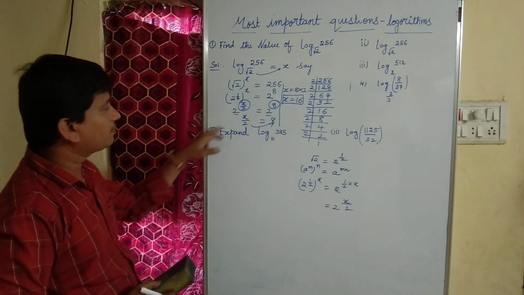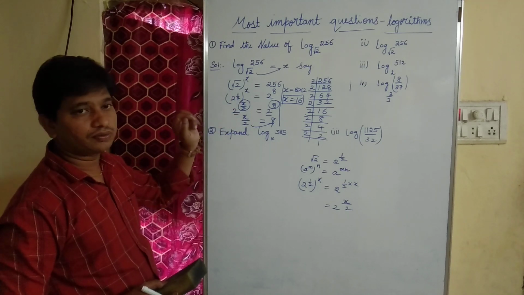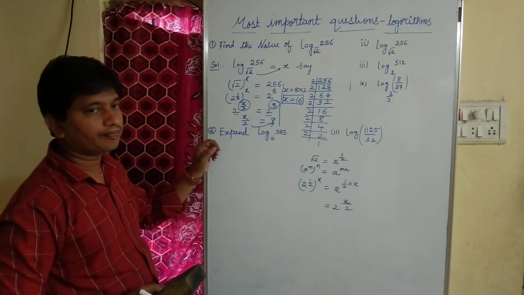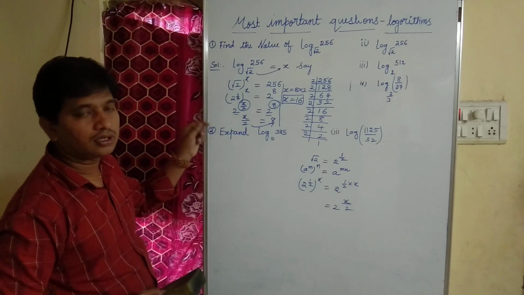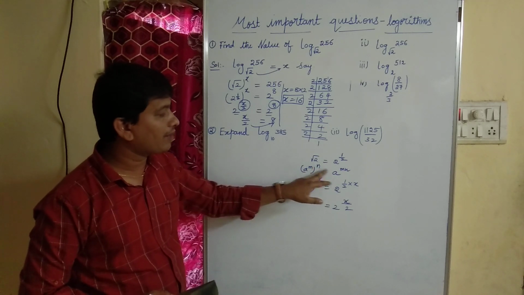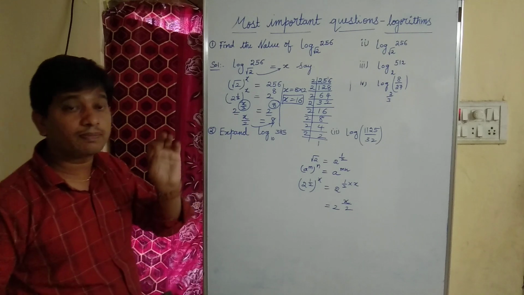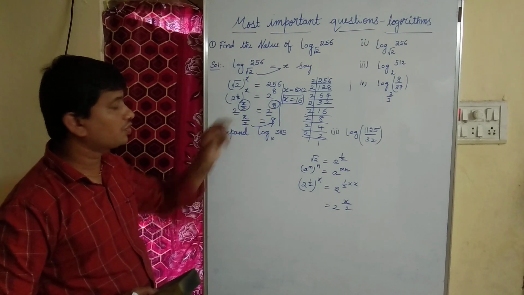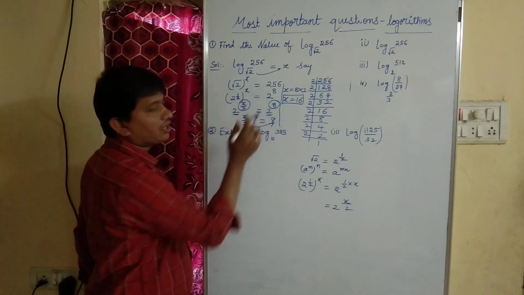Children, don't confuse here. Root 2 we can write as 2 power 1 by 2, whole to the power x. Again which is in the form of (a^m)^n, I can write as a^(m into n). I mean 1 by 2 into x, which becomes x by 2 equal to 2 raised to the power 8. As bases are equal, power should be equated.